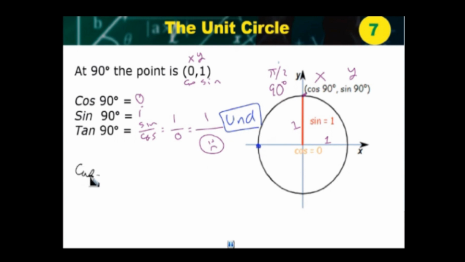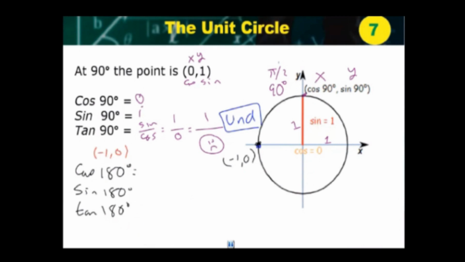Cosine 180, sine 180, tangent 180. Okay, let's play a little bit here. Cosine: what's the point for 180? What is this Cartesian coordinates point? What is this rectangular point? -1, comma 0. Thank you, I see that in the chat. So -1 comma 0, well, I basically just have to put that here, -1 comma 0, and just start to